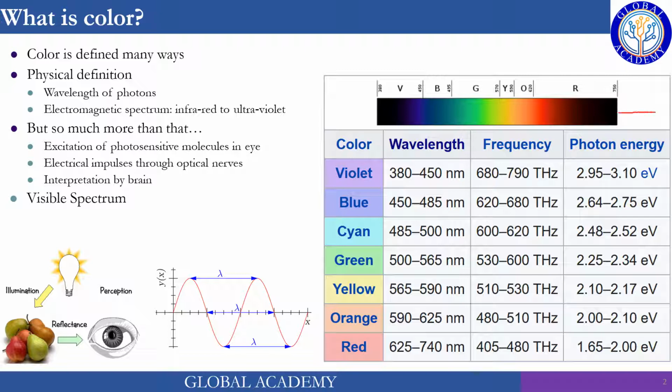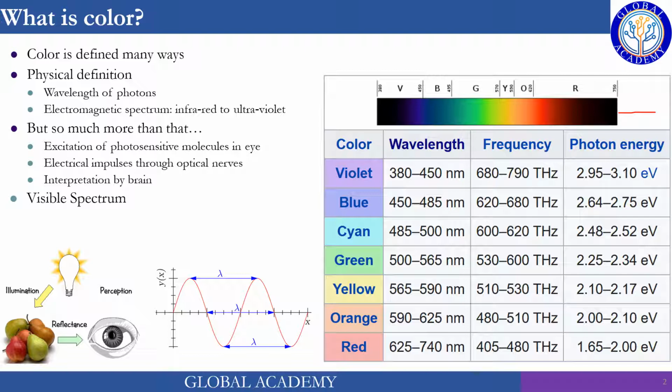After 740 nanometers, there is the IR spectrum, then the radio wave spectrum, and so on up to, say, acoustic spectrums. So the human eye can only see the visible spectrum, which is within this range, and each color has its unique wavelength or range of wavelengths.